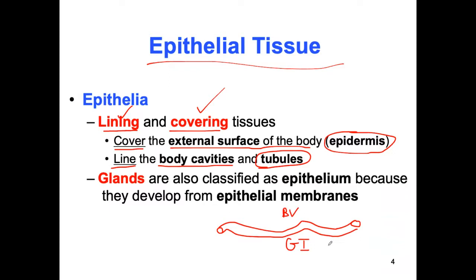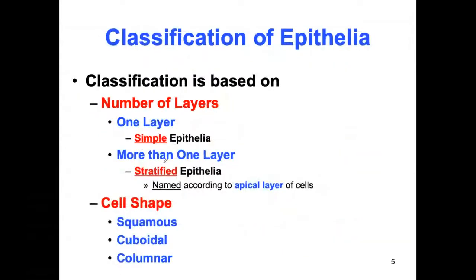Okay, the bronchi, they're tubes, they're just smaller tubes. But everywhere we have tubes, we're going to have epithelium. And also, we'll want to throw glands into that category. Glands are made up of epithelium. Now, when we look at epithelium, or let's say you're looking at a slide under a microscope, and you're asked